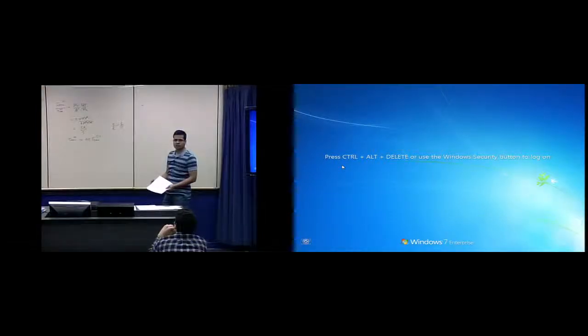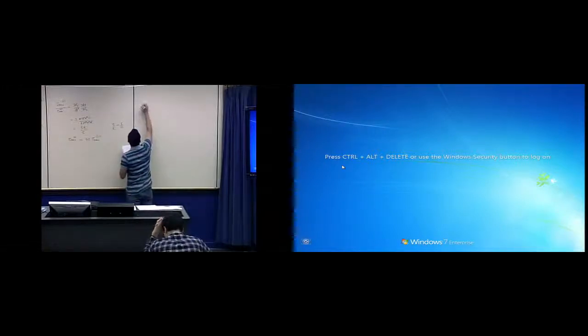So this completes the torsion part for closed sections, for thin walled sections, and torsion for open sections was done much earlier. Now let's look at